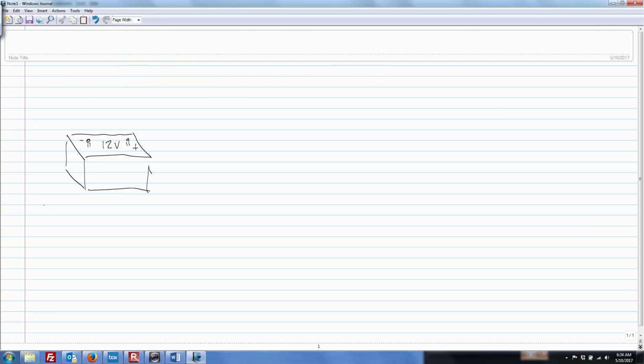Okay, so here's a single battery. The typical voltage is 12 volts. Frequently what you'll see are several cells in here. So you might have 1, 2, 3, 4, 5, 6. Each one of these is going to be a 2-volt cell, and they're also in series, connected together. And if we take several of these,